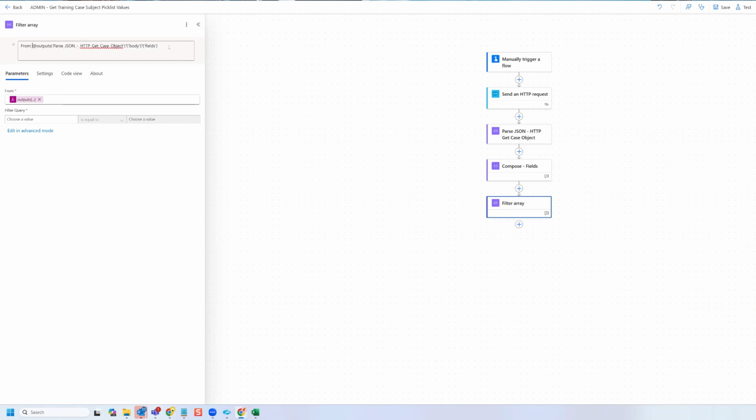And then we're going to make an expression for the filter query part. So I'm going to put filter query here, and then I'm going to paste in another expression. And you can find this expression below. That's going to filter the fields for the field, excuse me, where the name is equal to LR subject. So that's the field I'm looking for, right? Subject could be different. It's going to be different for you. And then I'm going to click edit advanced mode, and I'm going to paste in that filter query expression